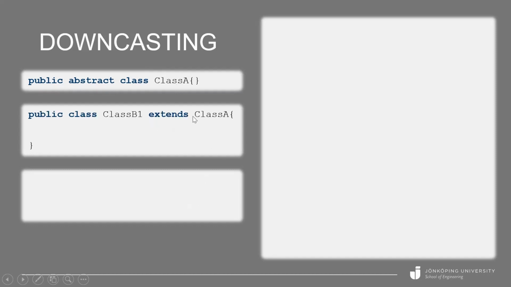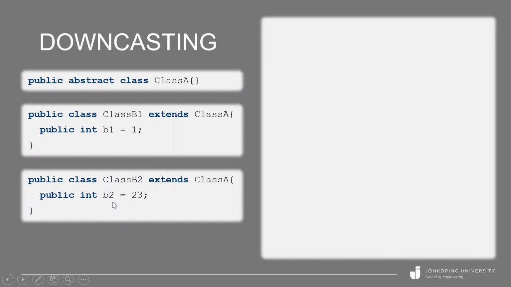Java also supports downcasting, so let me show you an example of this. Imagine that we have one class here called class A, and then we have two other classes. The first one is class B1, which inherits from class A, and inside class B1 we have an instance variable called B1. And then down here we have class B2, which also inherits from class A, and here we have an instance variable called B2 instead. And in our main code here,